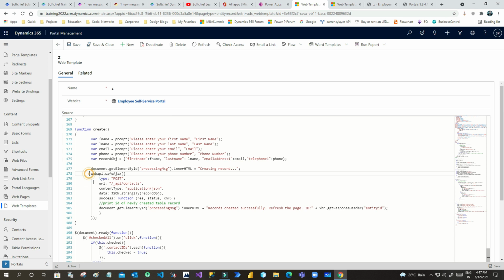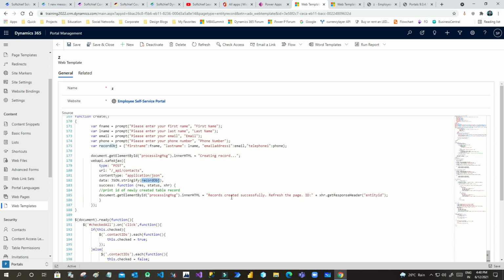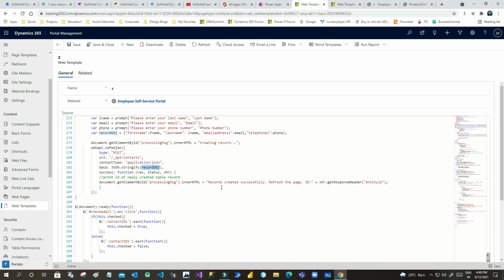Then we call this Web API SAP Ajax, passing the record object also, so that it will create the record in the system. After it is created, it will display the message record created successfully with the ID. In this XHR success function, it will store the entity ID in the response header of the Web API. So you have to use this and change your corresponding entity and object information correctly so that it will work fine.